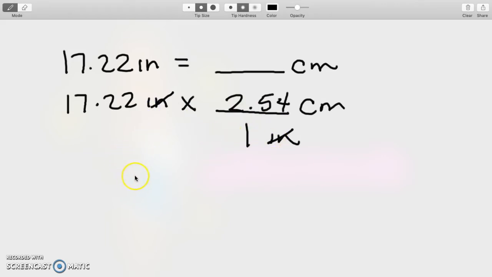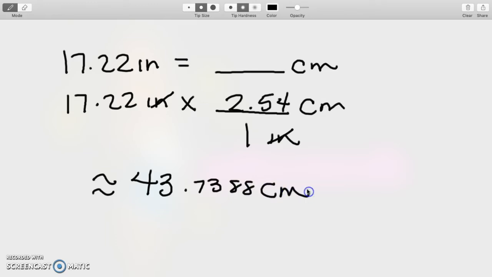Once you divide out the common units, your final answer is approximately, and that means just about, 43.7388. And don't forget to add in your unit, centimeters. If we were to round it to the nearest hundredth, the answer will be